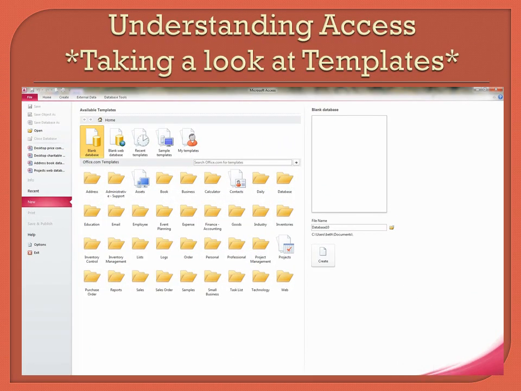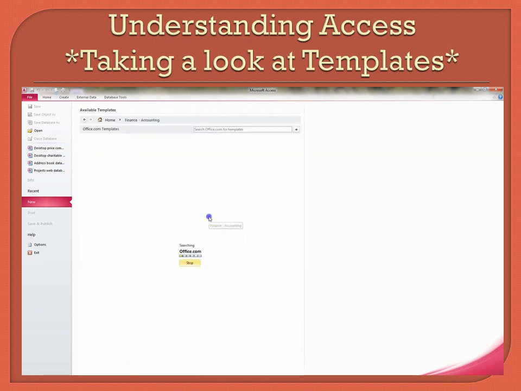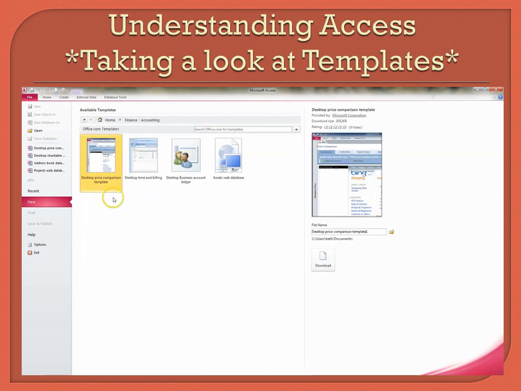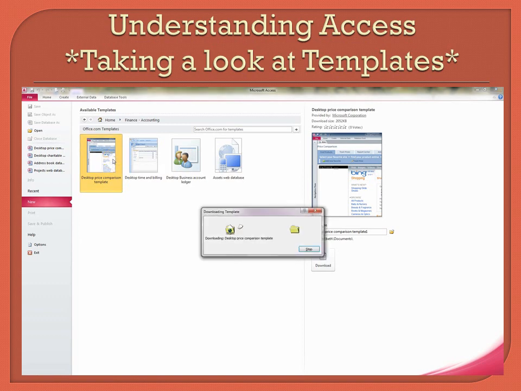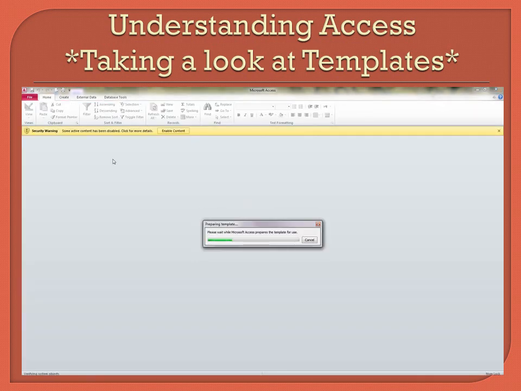Another great feature that Microsoft Access has for us are these templates, and I wanted to just show you. This is all the templates that they have available, and this way you don't have to go in and actually create one from scratch. You could pick one. Let's just randomly pick one. We're going to pick Finance and Accounting, and then go to Desktop Price Comparison